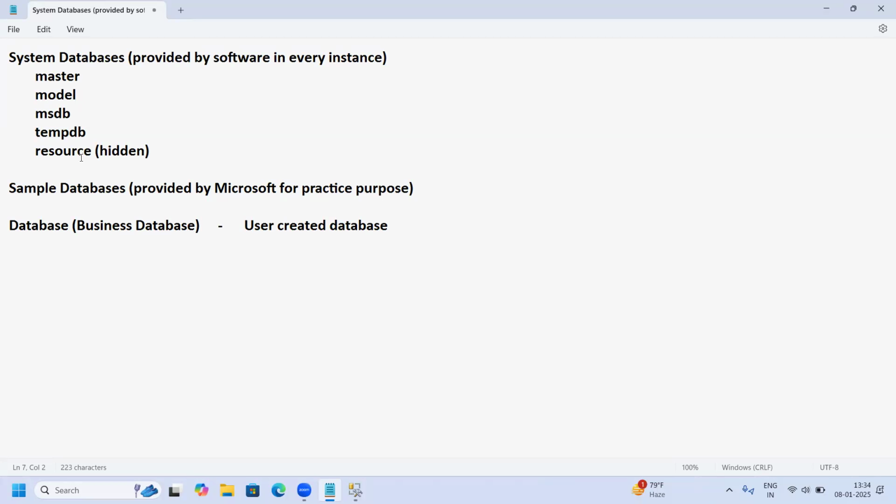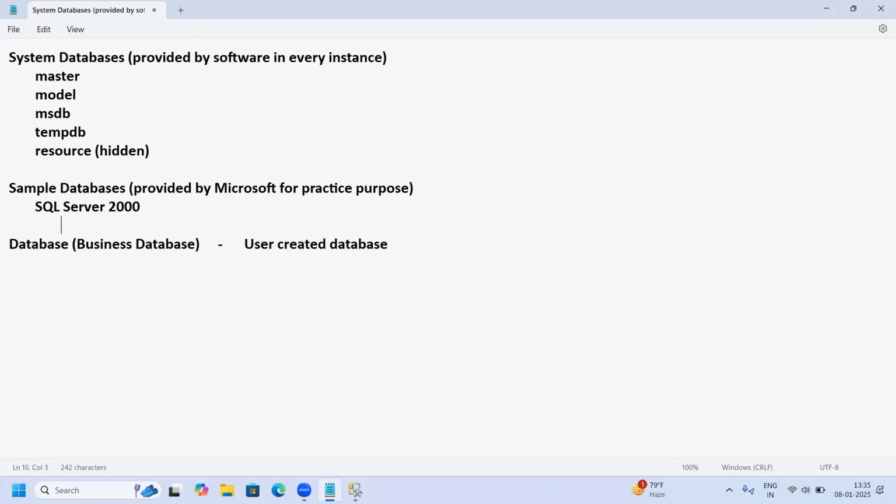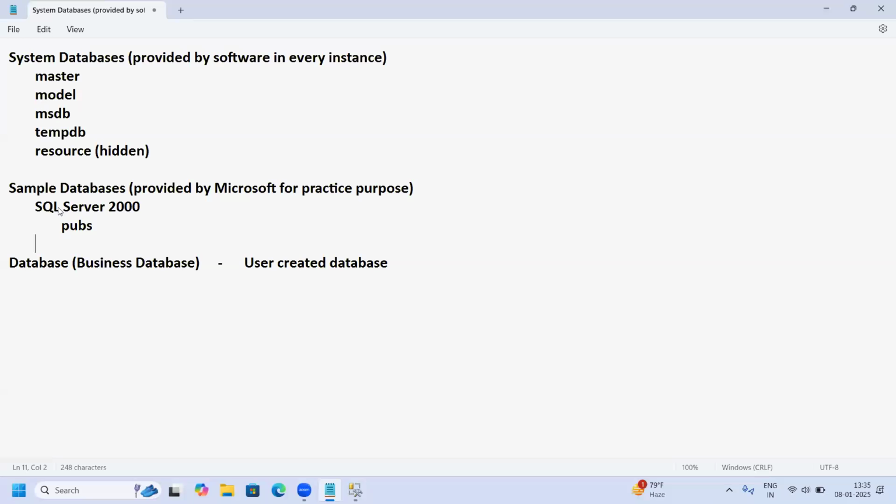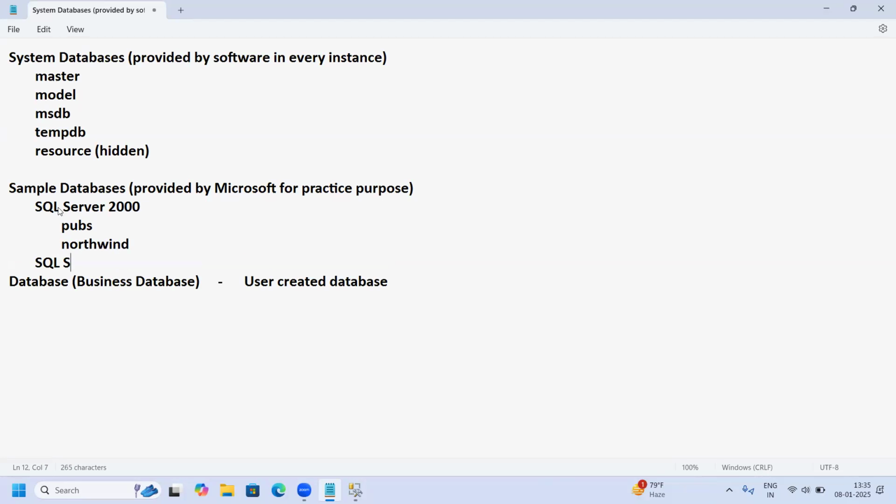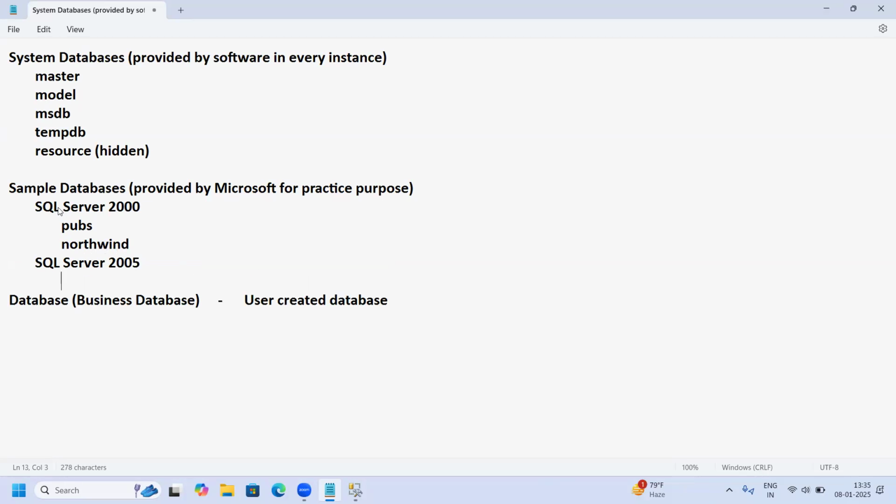And second thing, sample databases which Microsoft has provided for practice purpose. In SQL Server 2000, we were provided two practice databases. One was called Pubs, and one was called Northwind. And from SQL Server 2005 onwards, 2005 and later releases,